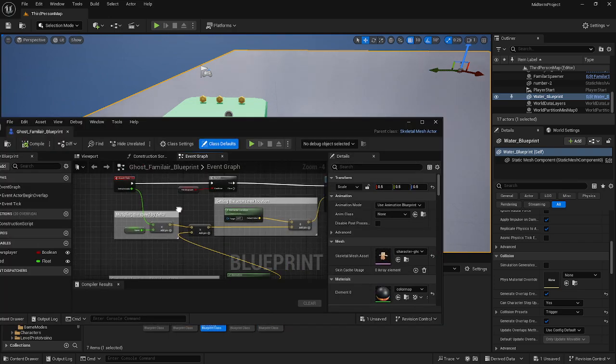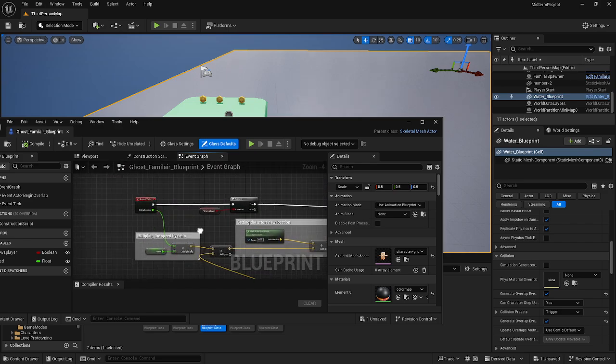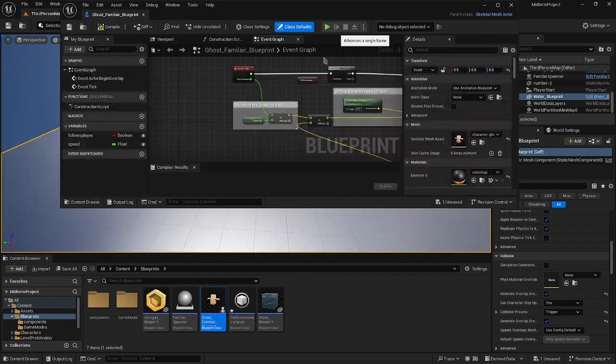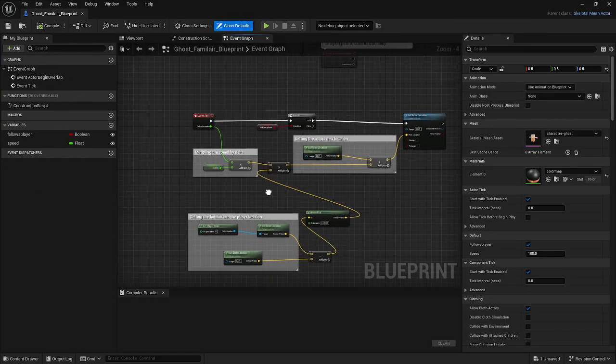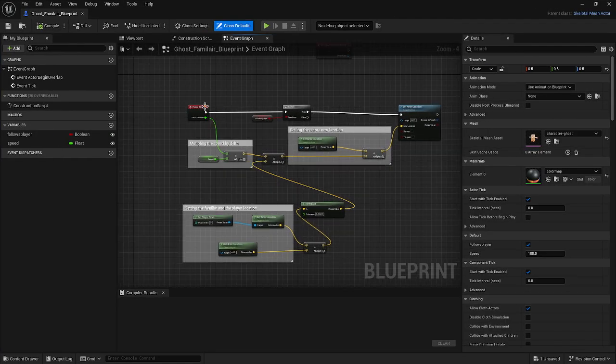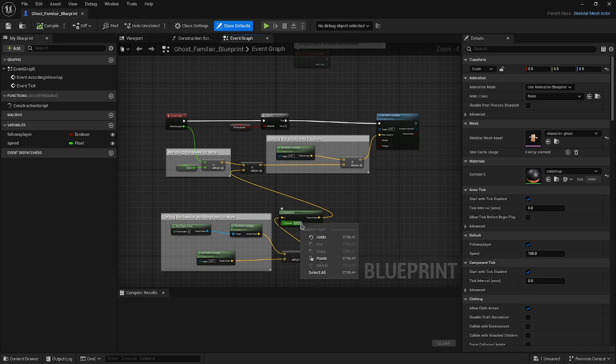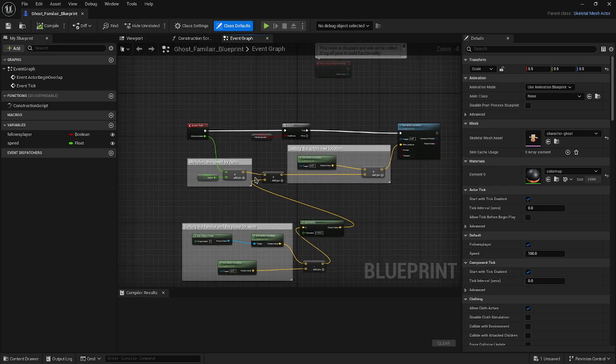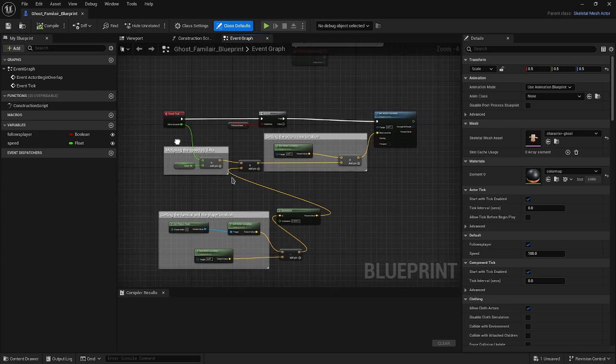Alright. This is a bit more complicated, but it's just simply an object following the player. I can make this bigger. Alright. Starts off with the event tick, and then this just starts by getting the player location and the actor location, and subtracts those, then normalizes those. Alright, then it just multiplies that normalized by the speed times our delta so that it always runs the same